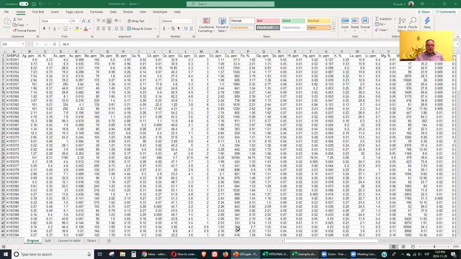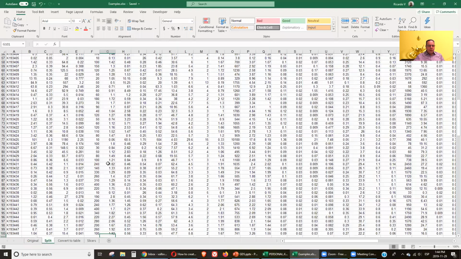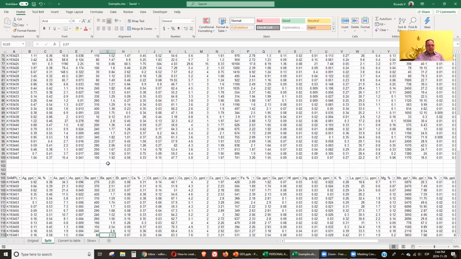We will start with a data set, and you will hear me saying this many times. Any processing that you do with Excel, always keep the original data in a separate tab. That way, no matter what transformations or changes you do to the table during the processing of the data, you can always come back to the original data. I also, in this case, I'm going to split my data set into two groups, and I will explain why I'm doing this later when I'm talking about the conversion of the data